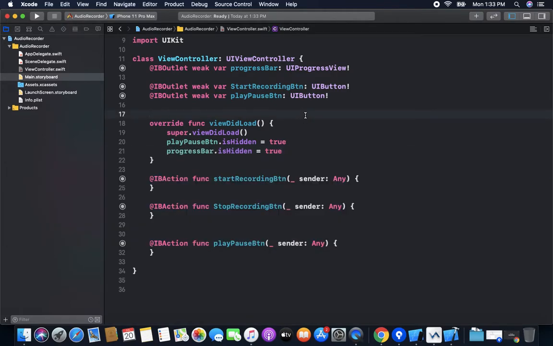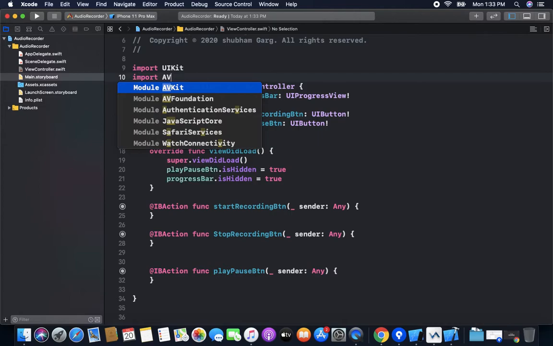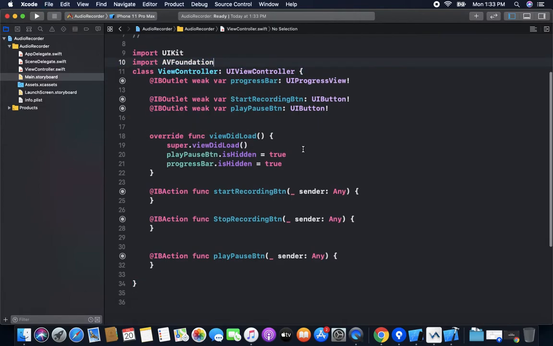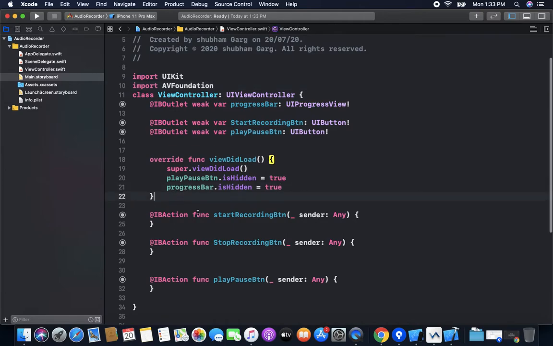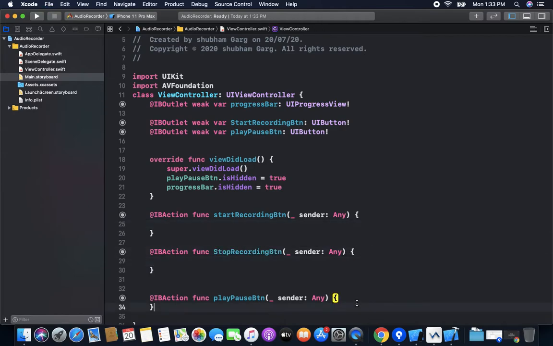For any type of recorder and player, we have AVFoundation, so we import that. AVFoundation or AVKit we can also use. Now we need a player and a recorder. So we make a player and a recorder.